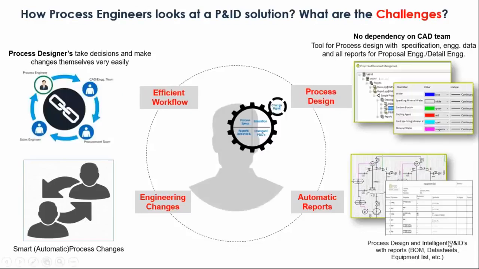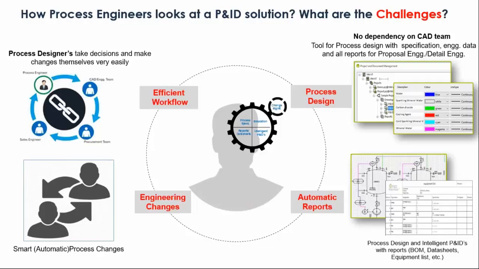Now, how process engineers look at a P&ID solution? For process engineer, P&ID is a DNA of any plant. It is one of the documents, once created, it is referred for every stage of plant life cycle. For example, process engineer needs information about specifications, media, and other calculation data. Then piping engineers need vendor data, equipment lists, and data sheets. Similarly, procurement team will need some cost information of the plant objects, and operation team or operation staff needs as-built